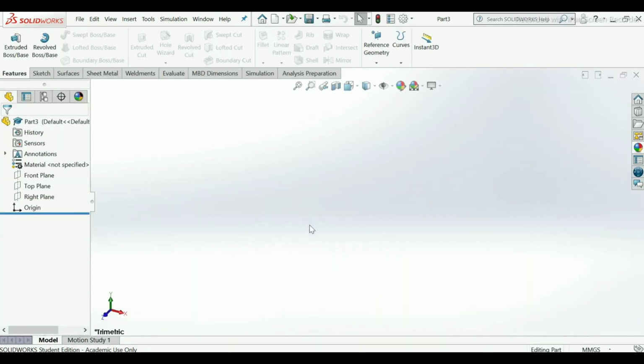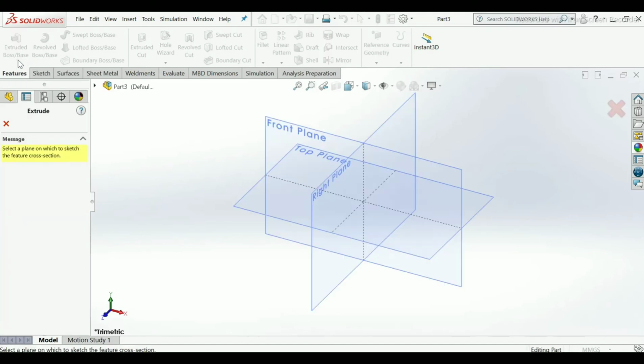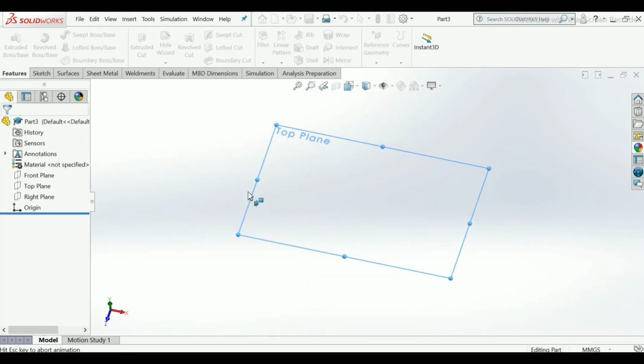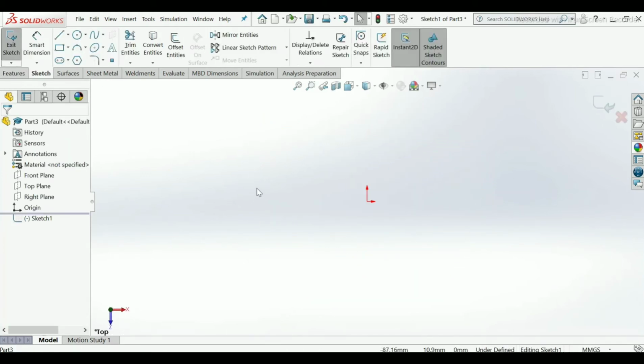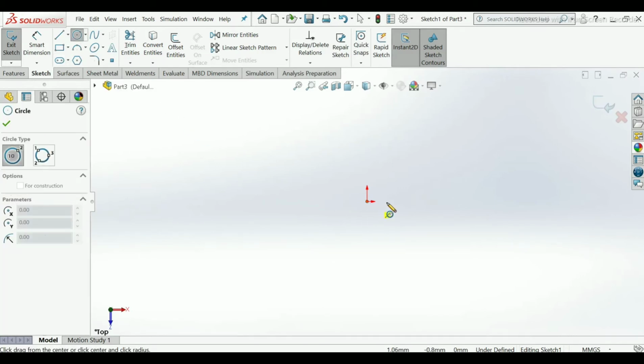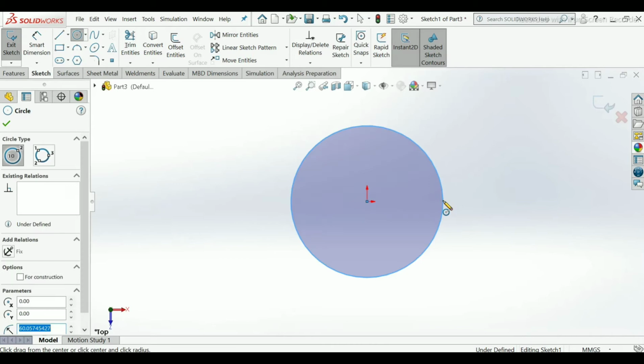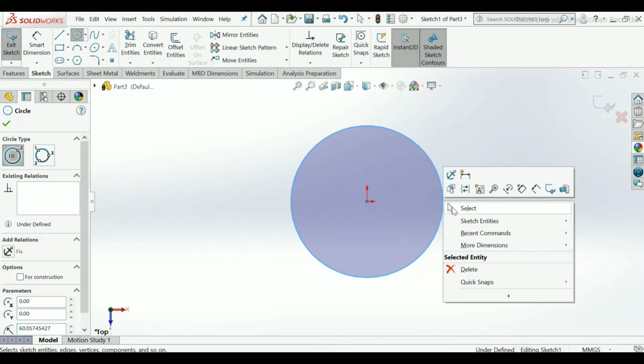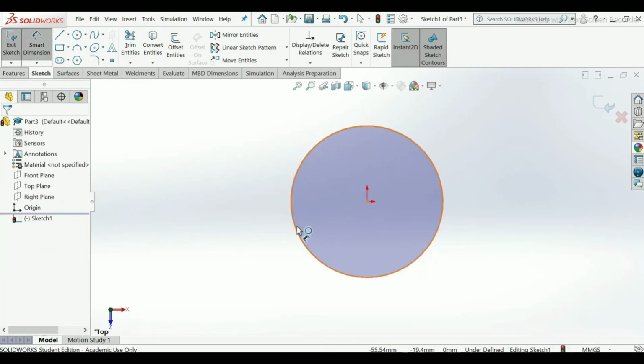So our next component will be the washer. I will choose extrude boss, select top plane, take the circle from the sketch command manager, draw one circle from the origin point, use smart dimension.